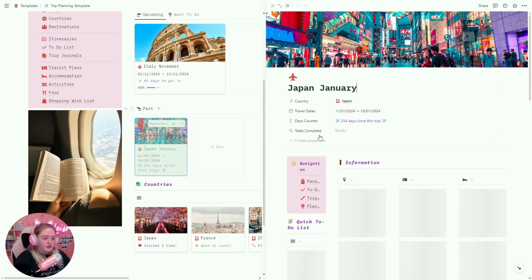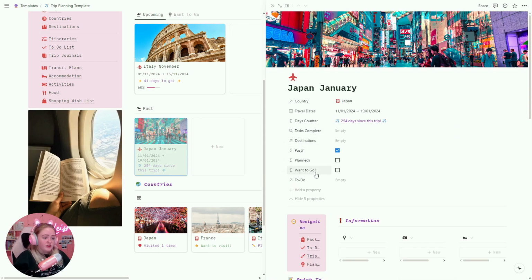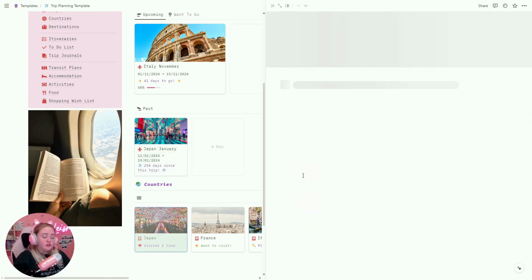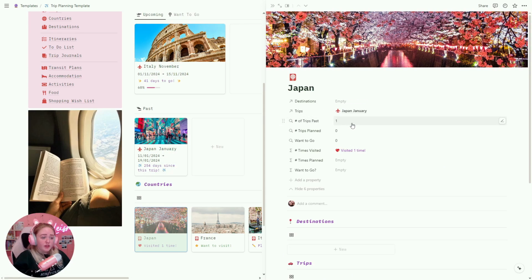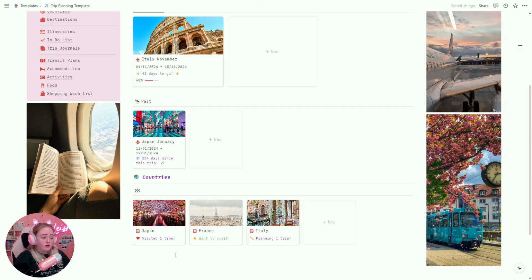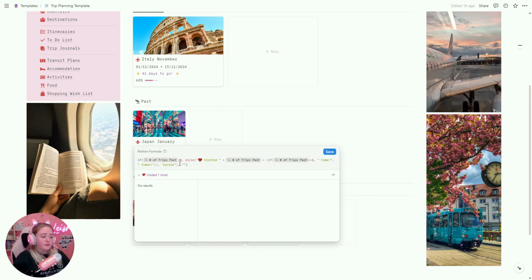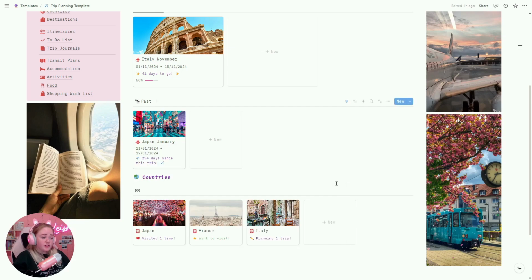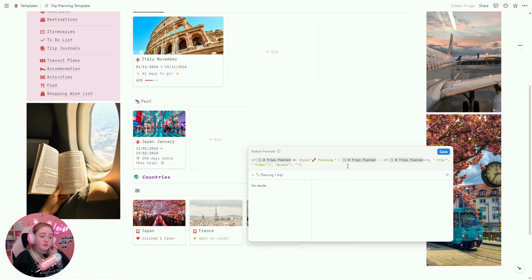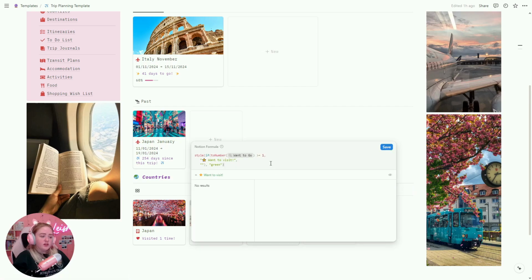So these formula checkboxes that I talked about before, they relate to roll-ups within the country property. So you can see each checkbox will count towards, for each country, number of trips passed, number of trips planned, and number of trips wanting to go. These formulas are then all separated. So this formula counts how many in the roll-up of trips passed per country, this one how many trips planned per country, and then this one if there is one or more times that this country is on your bucket